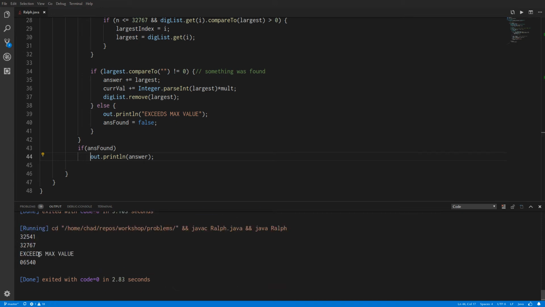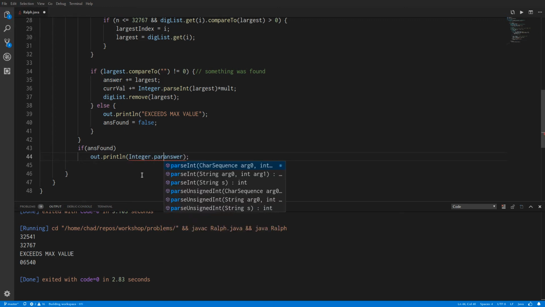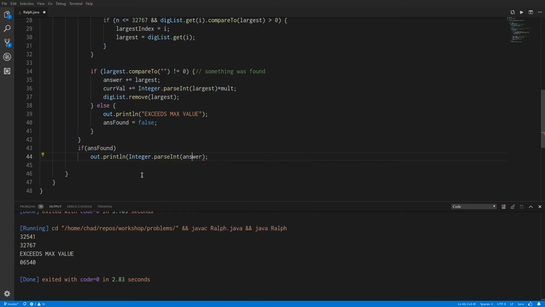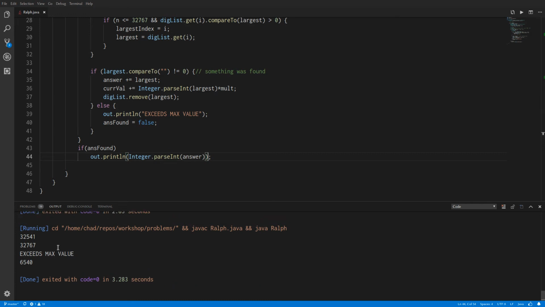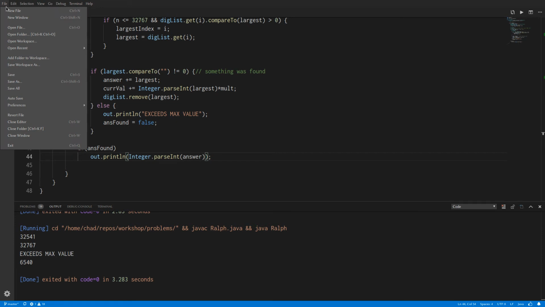There we go. And then finally, we actually want the integer value of answer. So I'm going to say Integer.parseInt answer. All right, so run this code. That should get rid of that leading 0, 32541, 32767 exceeds max value 6540. I guess the only question I have now is